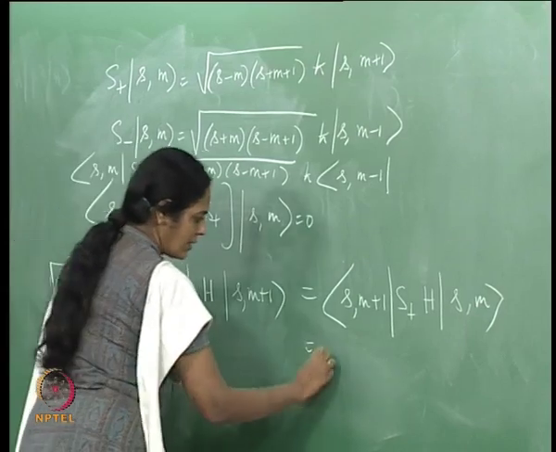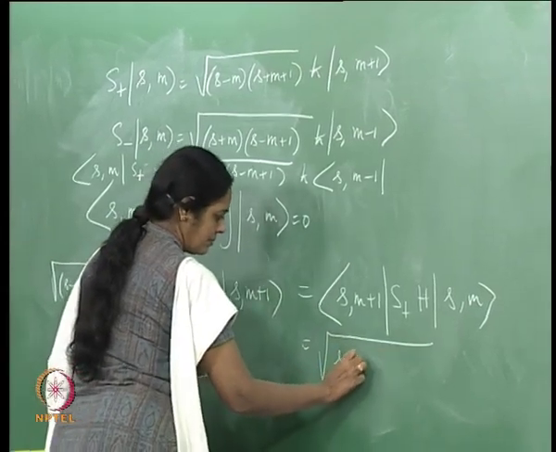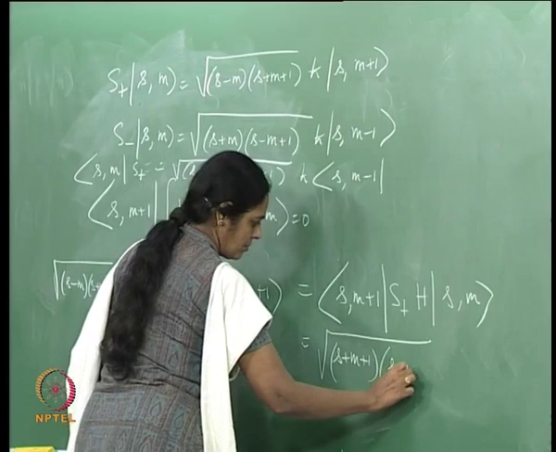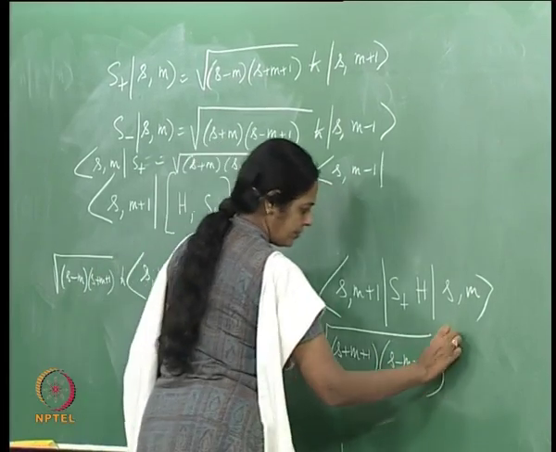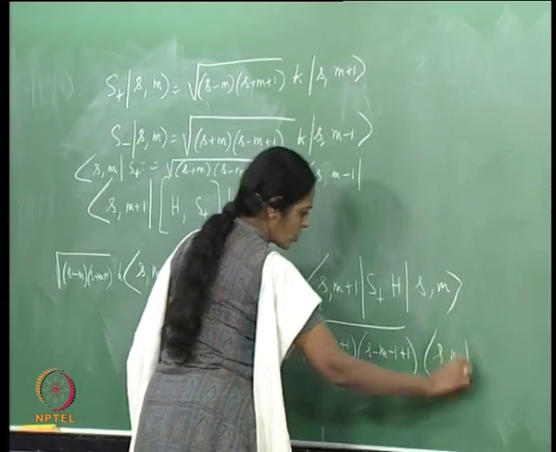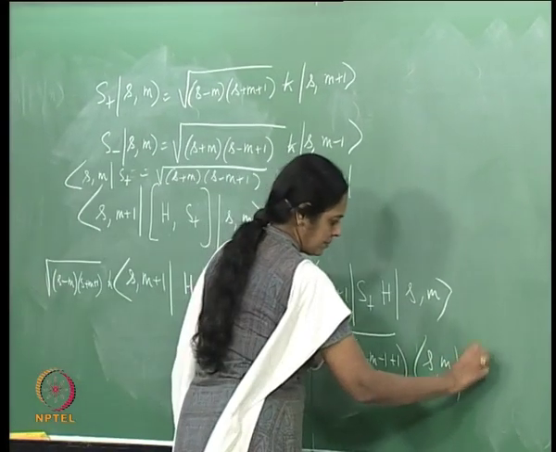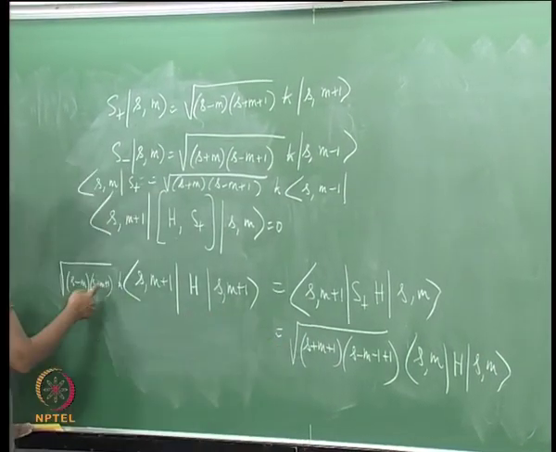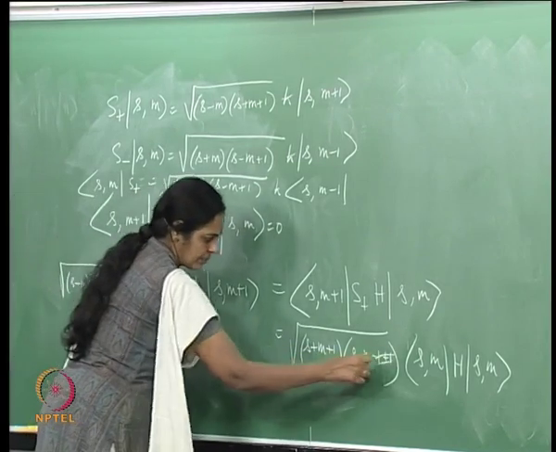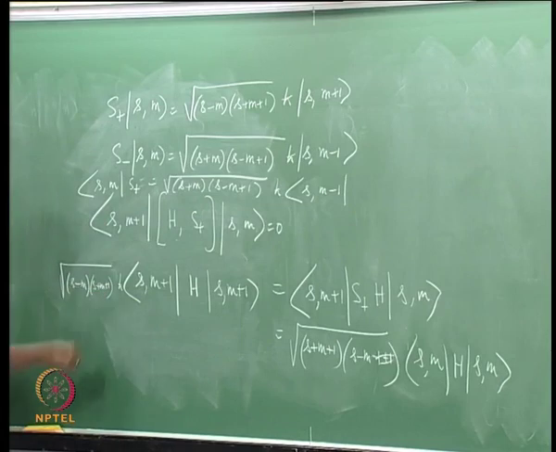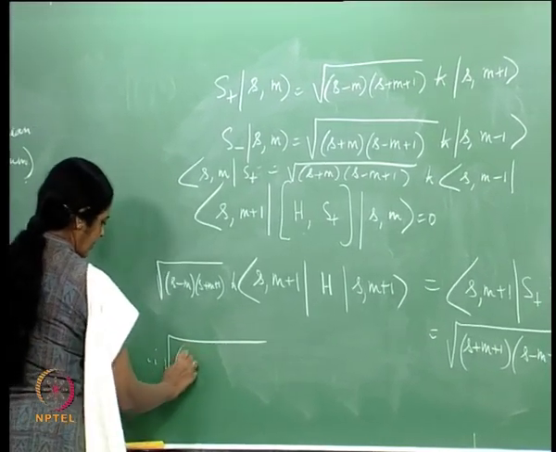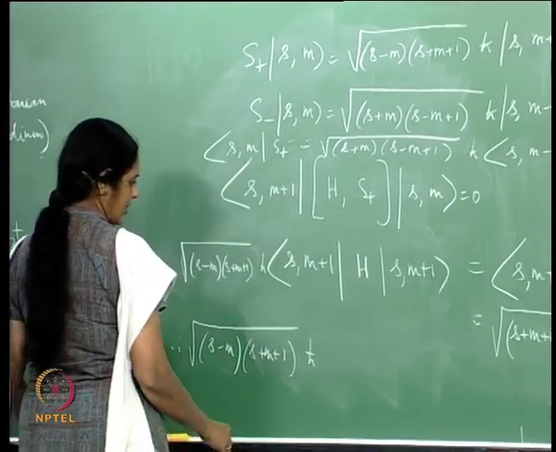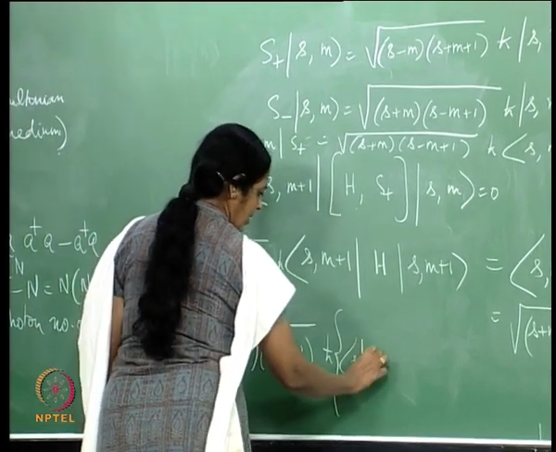So, I use this and I have it reduces m plus 1 to m. Notice that this coefficient is the same as that coefficient, that goes off, and I just have the same coefficients. Therefore, root of (S minus m)(S plus m plus 1) ħ